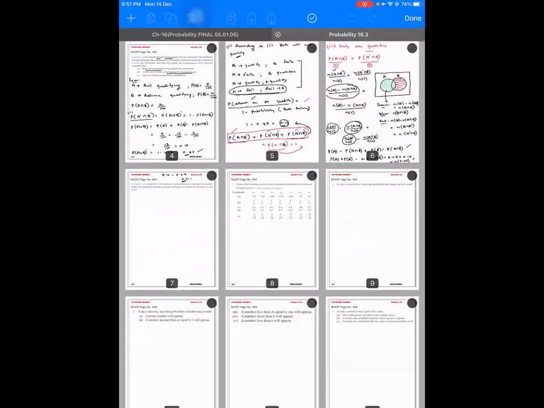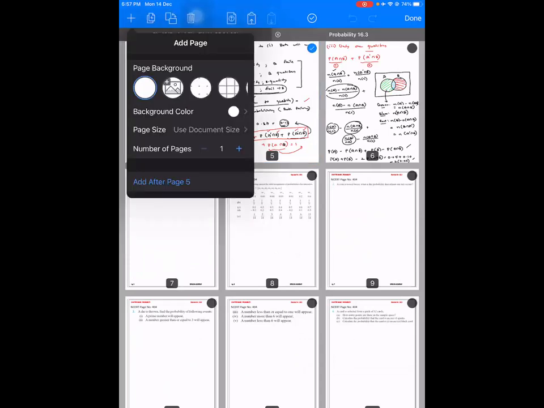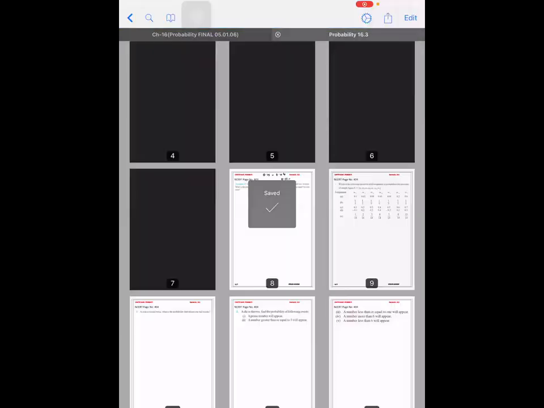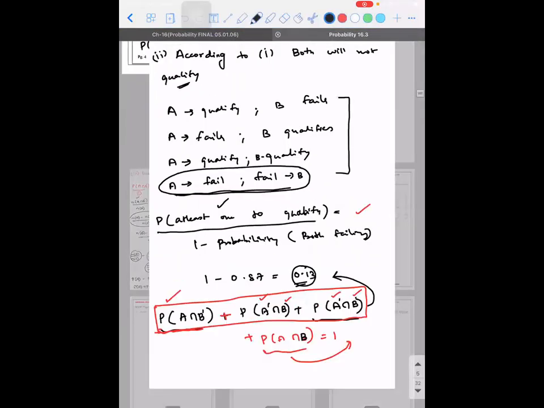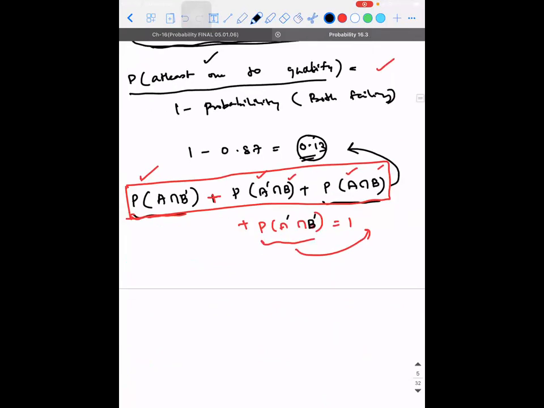Okay, then if that is the case, wait, I'll tell you. If that is the case, what I did is right only. Had the question been about one of them qualifying, it should not be A dash B dash. Here only it should be A dash B dash. That is right, no doubt in that.